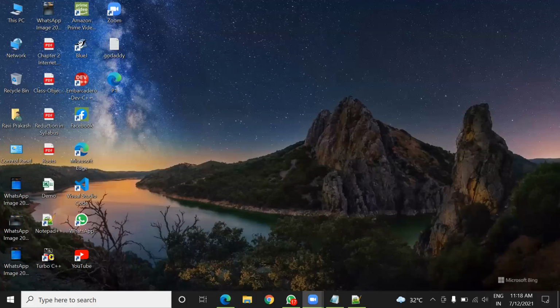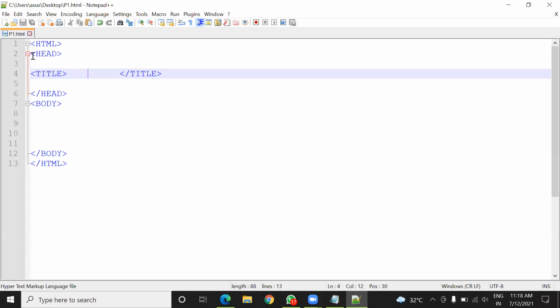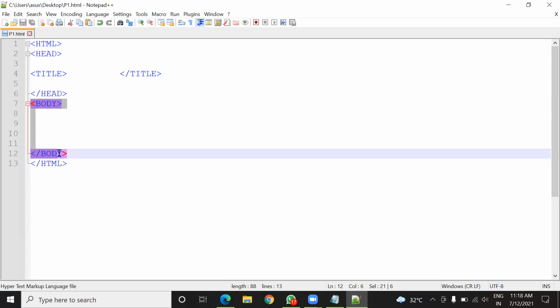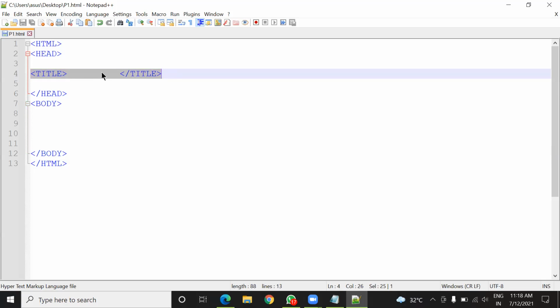Do you see any content in this page? No, sir. Just in the title bar you can also see the name of the file is showing here. It is because in this document I have not put any kind of content. You can see in the body section it's blank. In the head section only the title tag is there, but the title tag also has no content. So that is why this web page is also looking blank.